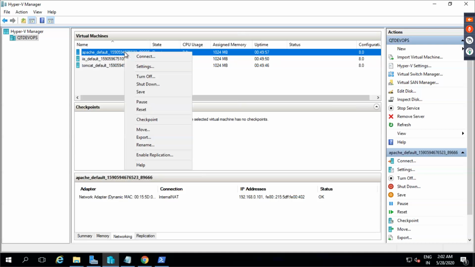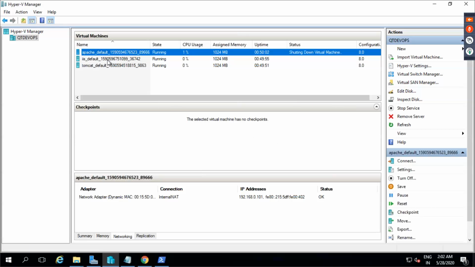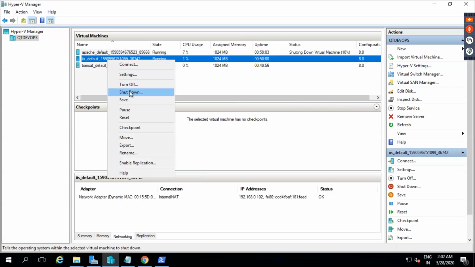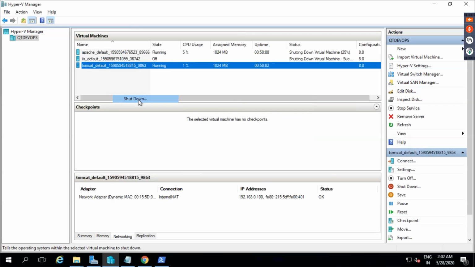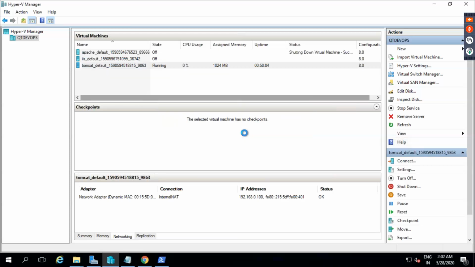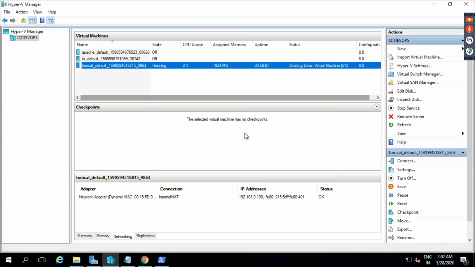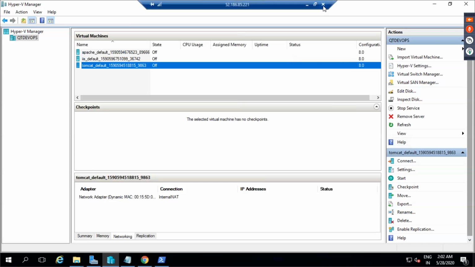And don't forget, whenever you are trying to shut down your machine, please click on shutdown. If you don't shut down, sometimes when you are doing this migration, some of these machines move to a corrupted state, and once they are corrupted, it will be very difficult for you and me to do the migration. So if you see now, they are all shut down. Now it is safe to stop this machine.